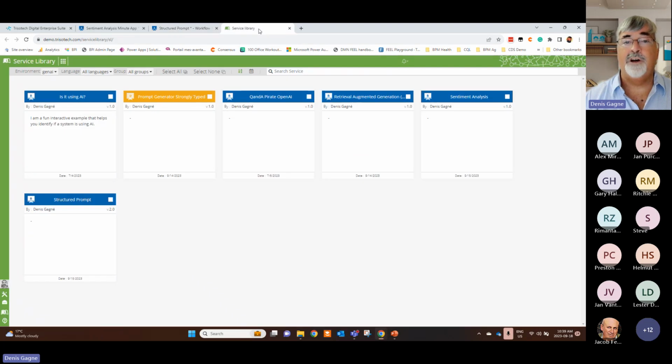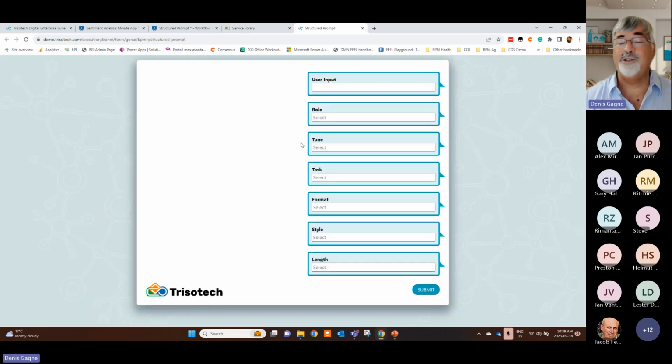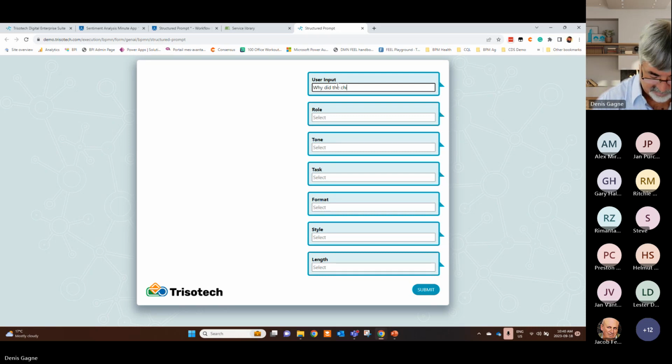I've done this. We have a model selector, so I can call Hugging Face models or any other kind of models that I want, Vertex, to do that. And then when you look at the structured prompt, it allows you to do a little bit more guided and structure. And basically what I've done is I went and extracted all the best practice in structuring prompt. And so I can ask the age-old question, why did the chicken cross the road?